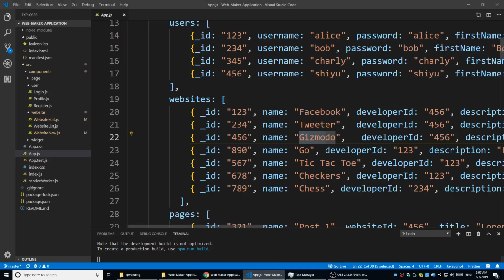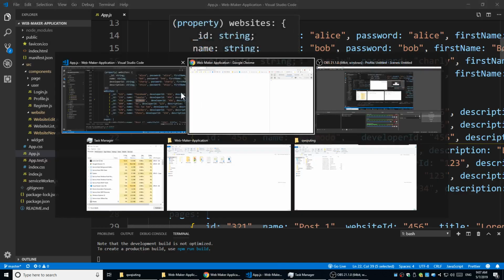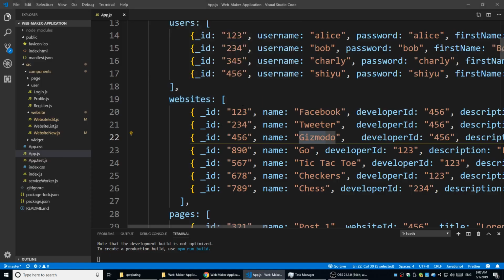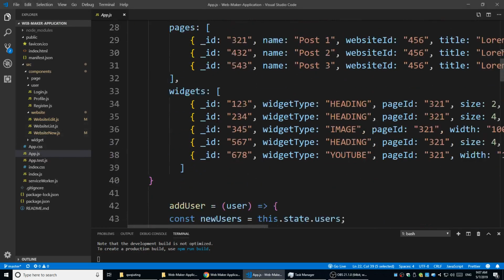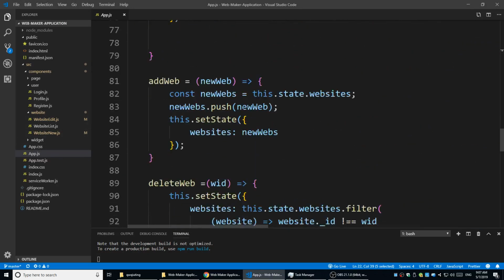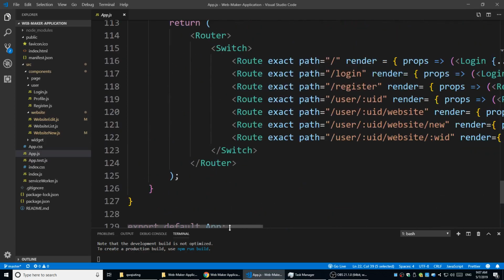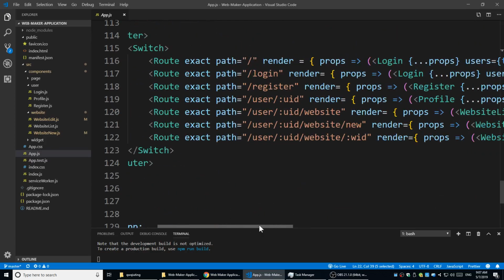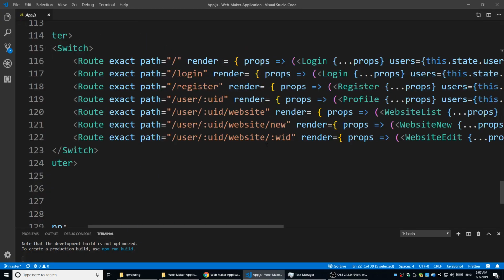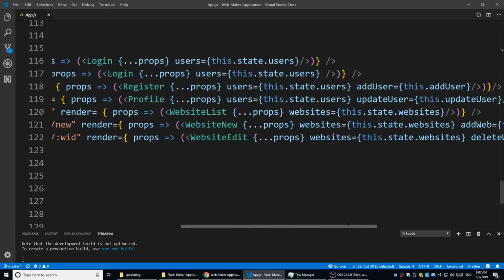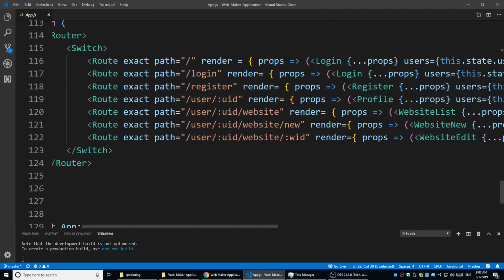So let's go ahead and start working on that. The path is already correct, and I think we're going to start with adding the path for it. So in App.js here, I have a route for the pages page. Let me make it smaller. This one is for the website. Let's just go ahead and add a new one to it. So I'm going to add a route. Exact path is equal to